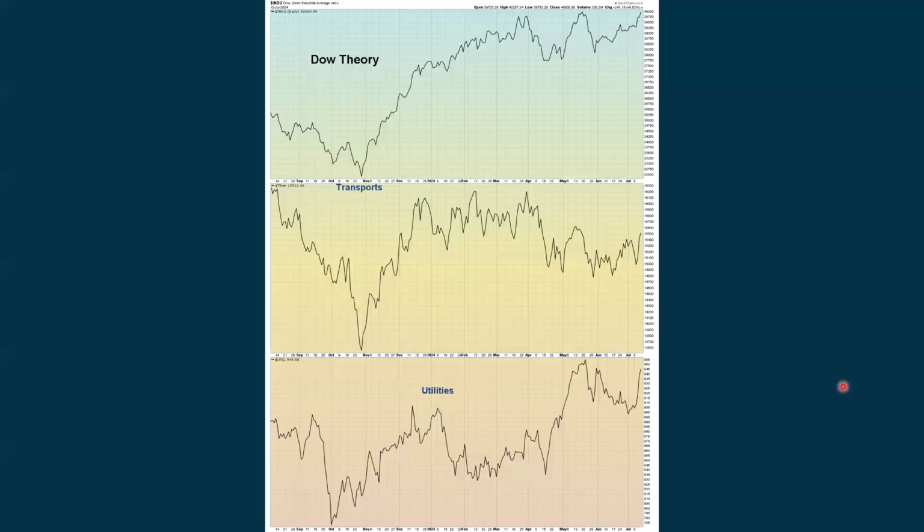Then this is traditional Dow theory, where we have the Dow. It hasn't set a new all-time high yet, but it's getting close. It's been doing fairly well lately. The transports have been really underperforming, even though they bounced up in Thursday and Friday's session. The utilities were coming on really strong, and then we're pulling back, and now they seem to be showing a little bit more strength again recently as well.